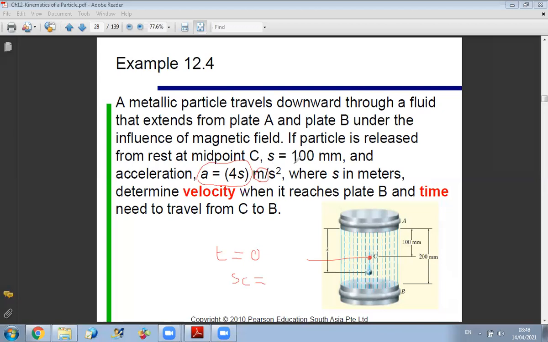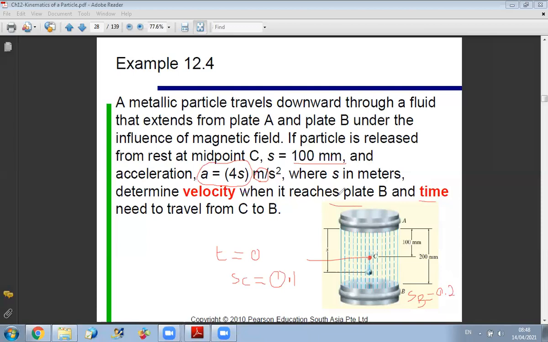So convert from millimeter to meter. So Sc is 0.1. And I want to find what is the time needed to go from C to B. Okay, so I know that Sb is 0.2. The first question is to calculate the velocity when I reach B, and then to calculate the time needed to